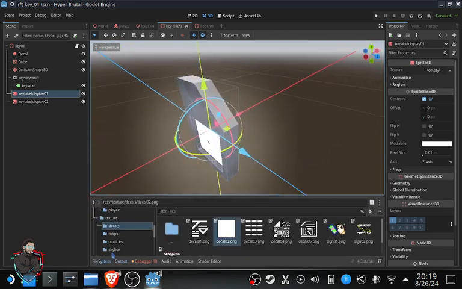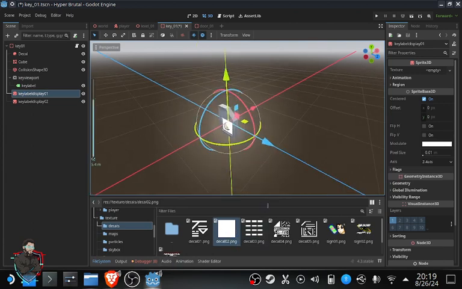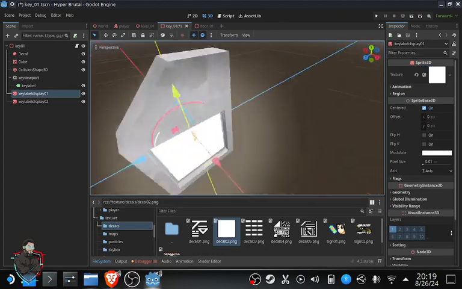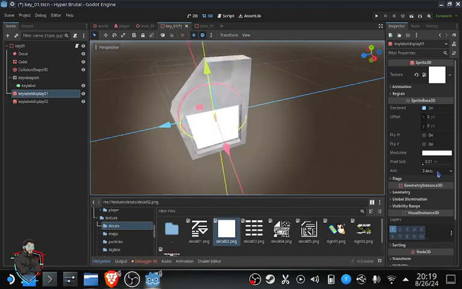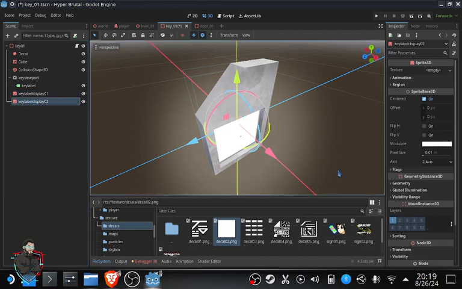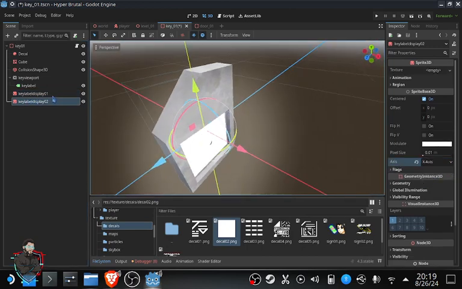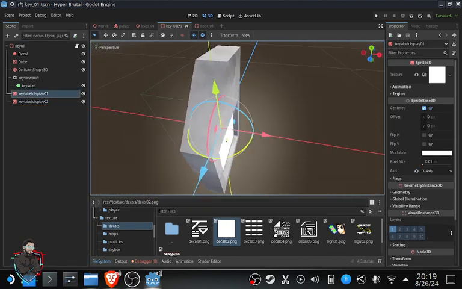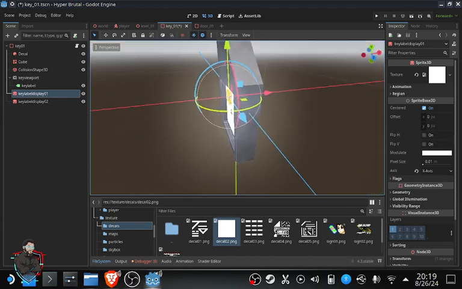Alright, so let's see which way these are facing real quick. Okay, they're just facing that way. Yeah. X-axis. Same with you. X-axis. I don't know which one's which, like which one's facing which way, but